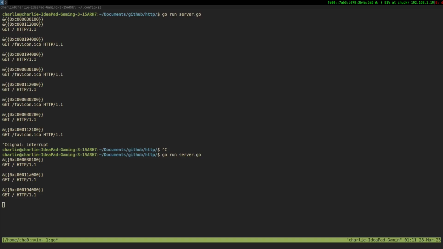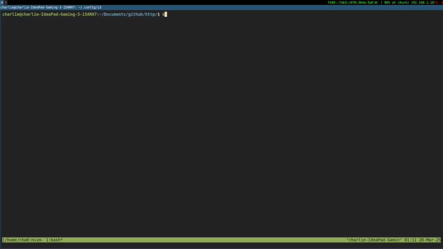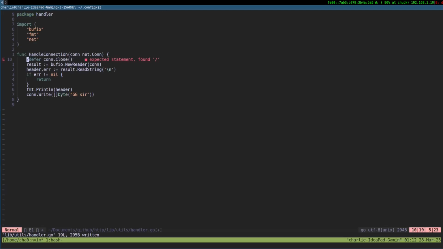So when I forcefully close a connection, it handles all my multi-threading problems in one go. Okay, I get it. Go makes multi-threading look easy.